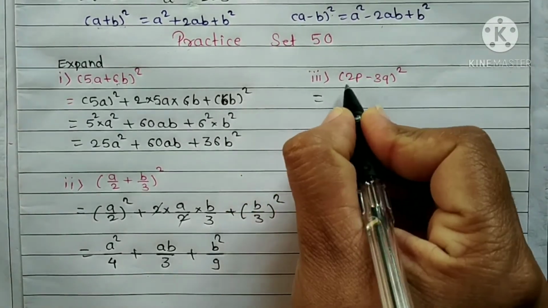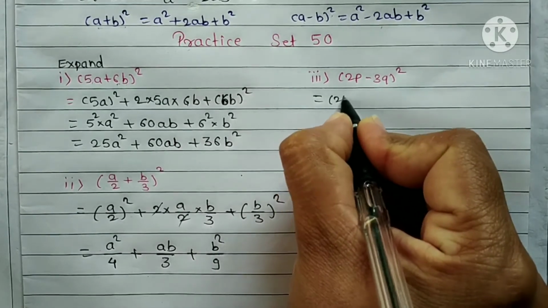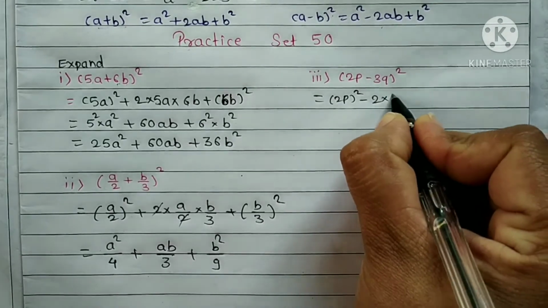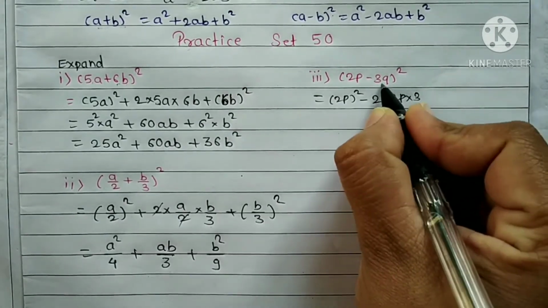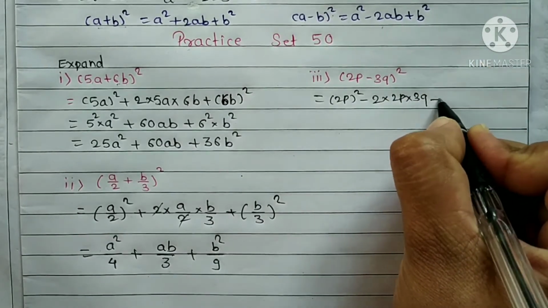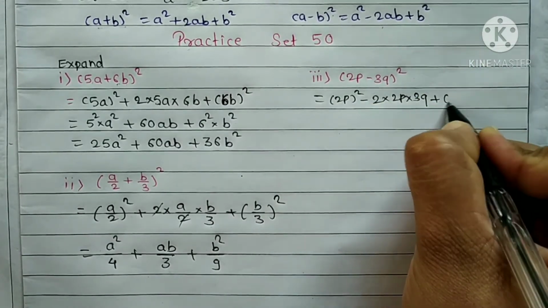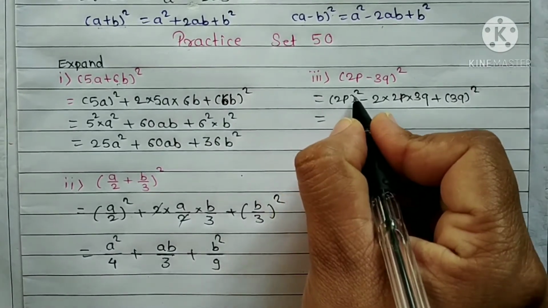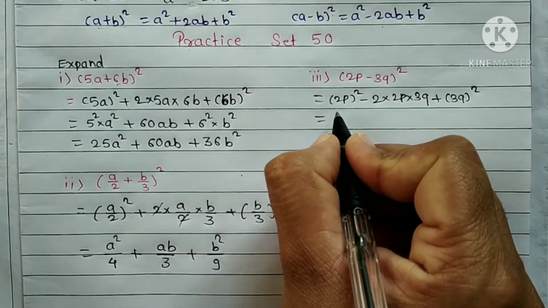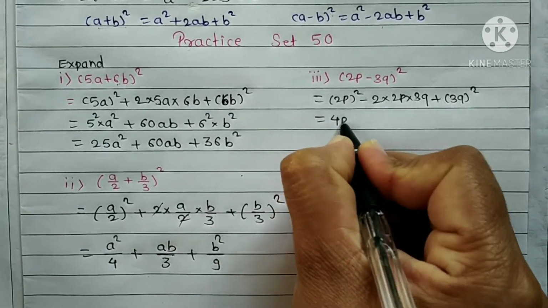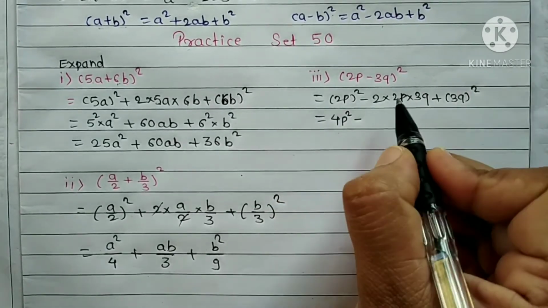Write down the first term square, that is (2p) square, minus 2 into ab, that is 2p into the second term 3q, plus b square, that is (3q) square. (2p) square means 2 square into p square, and 2 square is 4, so 4 into p square, minus, now here